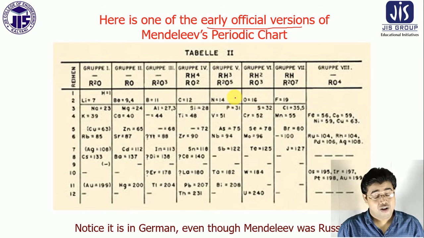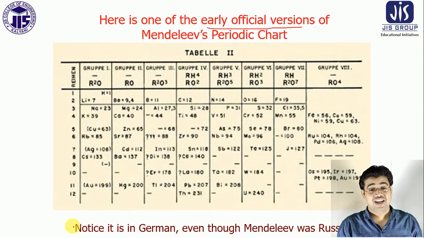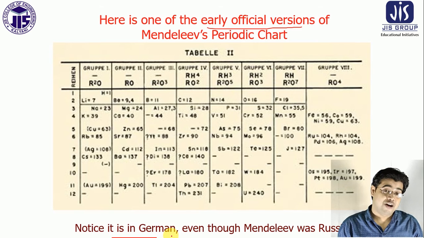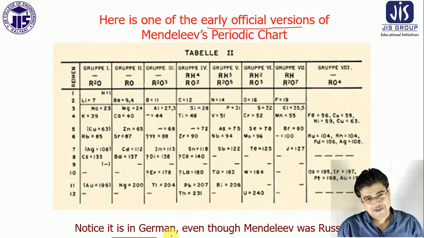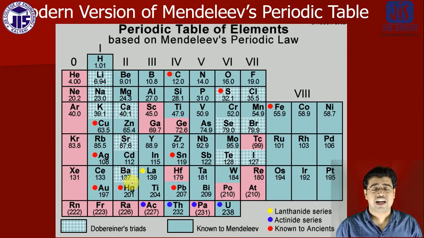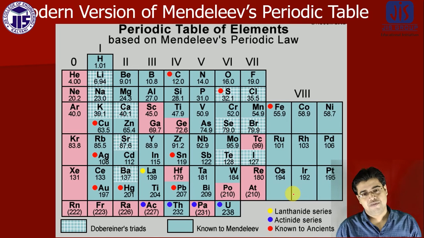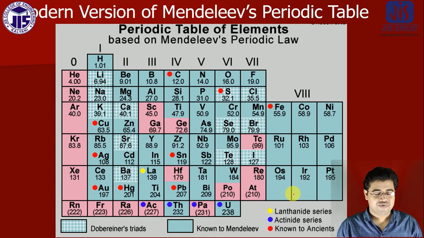Another important thing is that just notice it is in German. Even though Mendeleev was a Russian scientist, a Russian chemist, the chart is in German. It is actually a modern version of Mendeleev's periodic table. Look here, at that time when Mendeleev developed the periodic table, there was no concept of the inert gas, so that's why Mendeleev's